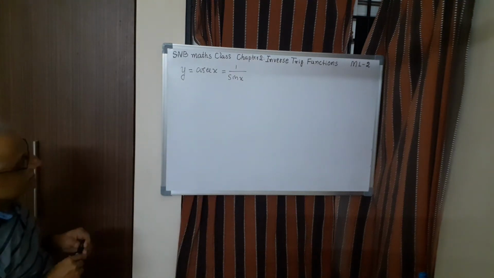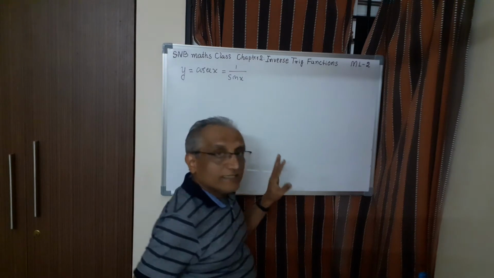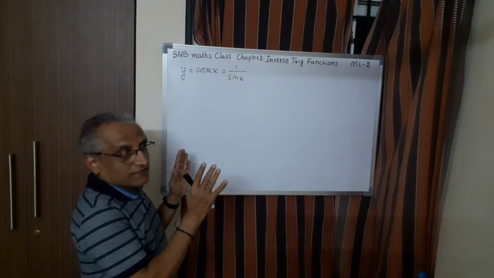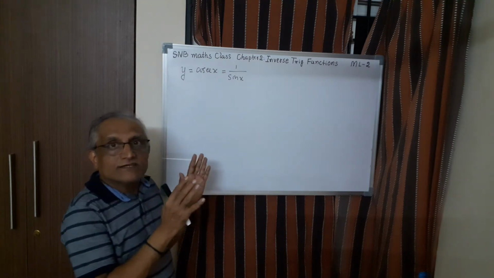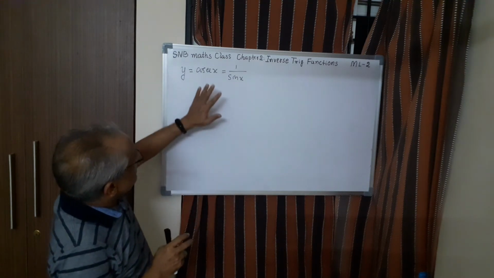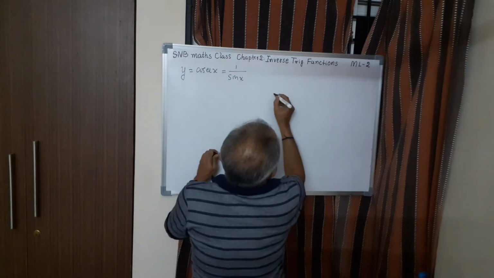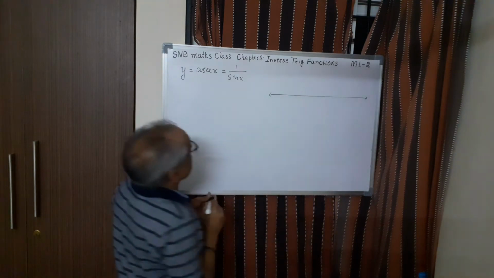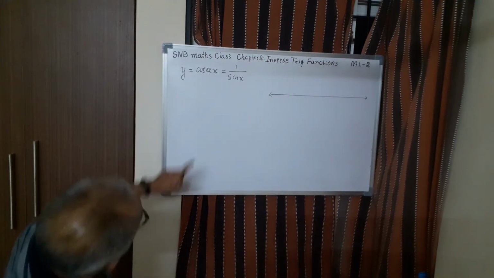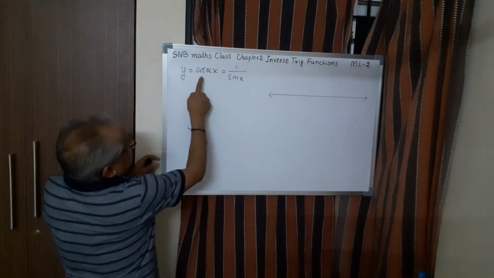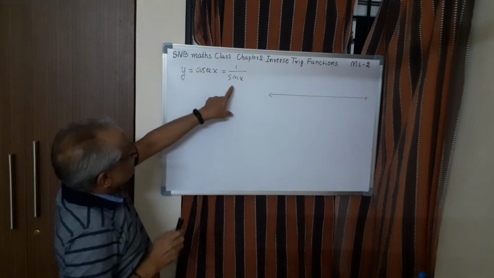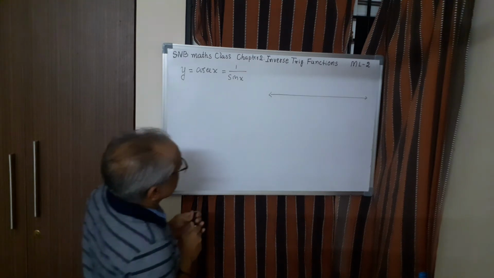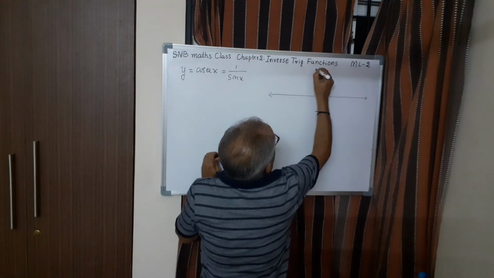So here afterwards it is very easy to define the inverse function provided you know the nature of the graph. The moment you draw the graph, you will come to know what is the domain and what is the codomain or what is the range. So as before, what I do is, let me first draw the graph of cosecant x. But you know that cosecant x is 1 by sin x. Therefore, whenever sin x is 0, this is not defined. Cosecant x is not defined. So we have to draw the graph like this.